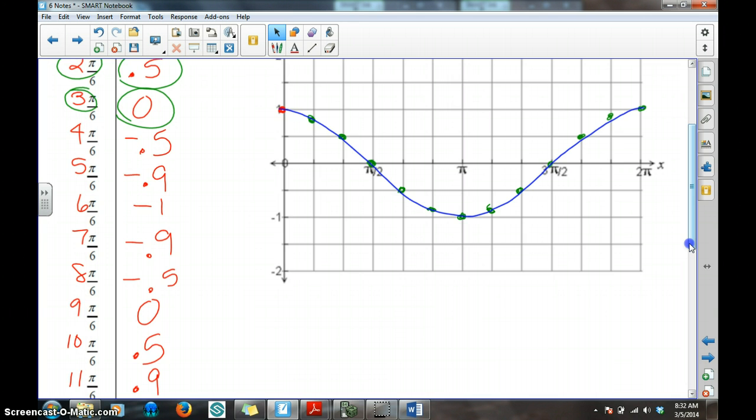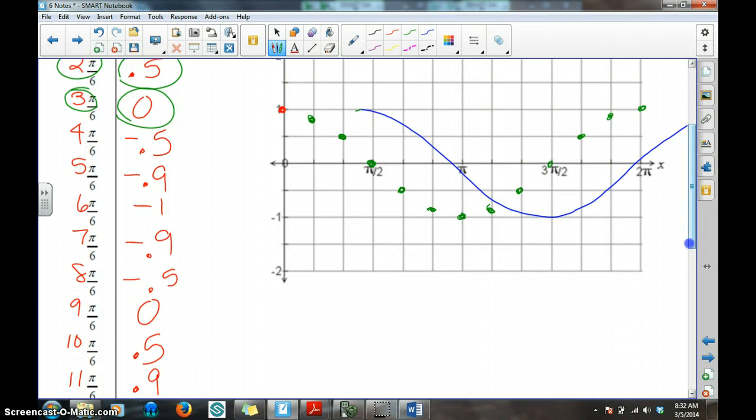Now the last significant thing I want to point out to you about this graph is that sine and cosine are so interrelated that if I were to take this graph, and you can't do this, but you can watch me do it, and shift it to the right 90 degrees, it becomes the sine graph. They are the exact